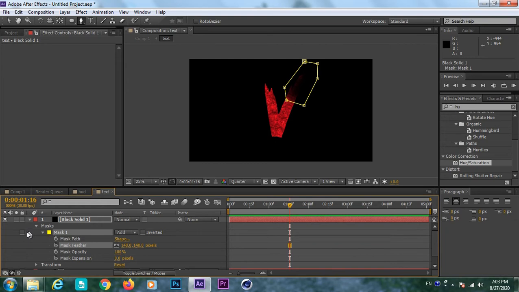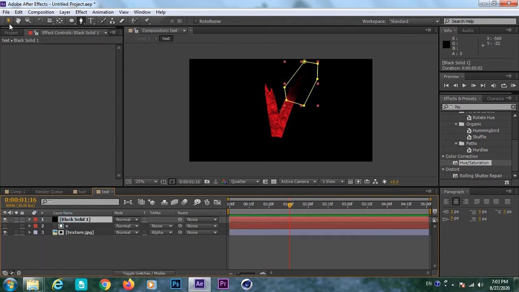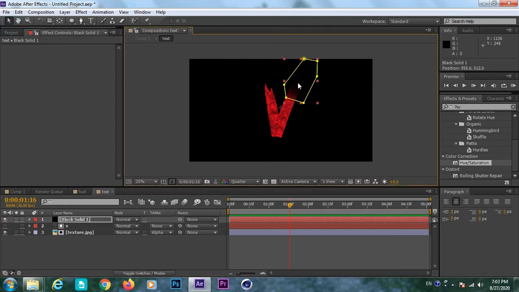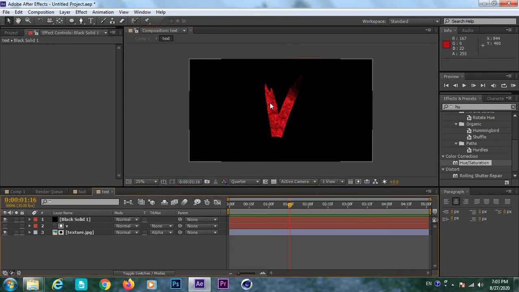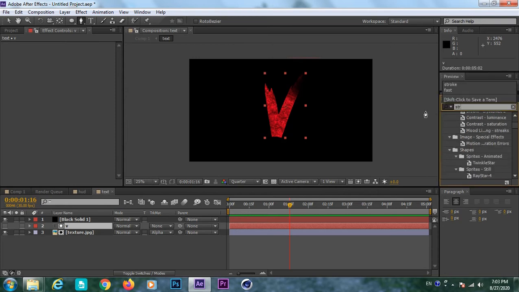Okay, or I can move the mask. Select the move tool and move the mask where you want to keep it. It is all up to you. By selecting that option, you can actually unhide the mask, so you can see the text. Okay, now one more thing I can do is this. Okay, now we have to go to the stroke.